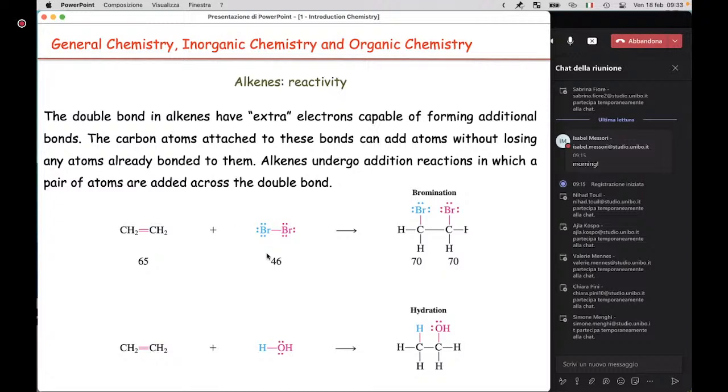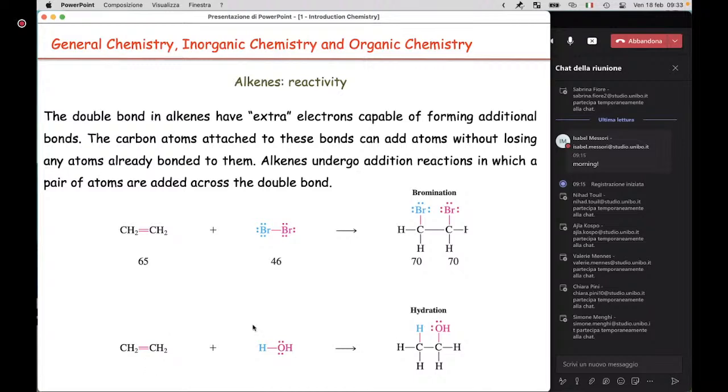Alkenes have the possibility of reacting again with, for example, halogens. But in this case, as you can see, the full halogen molecule reacts with the alkene, producing a dihalogenated molecule. So, without the need to undergo radical formation, the halogen can directly react and modify the molecule in two different adjacent positions.